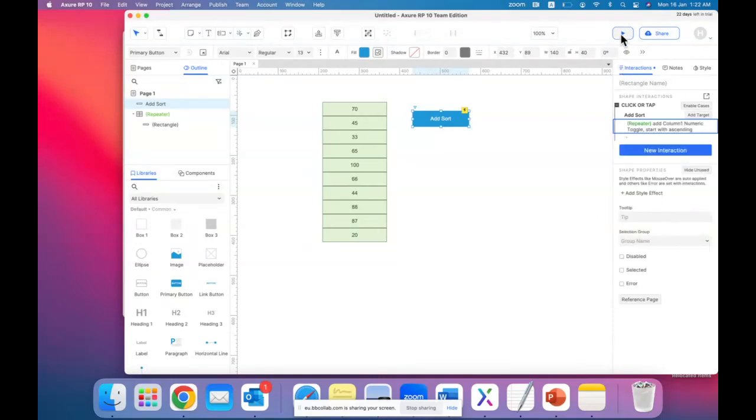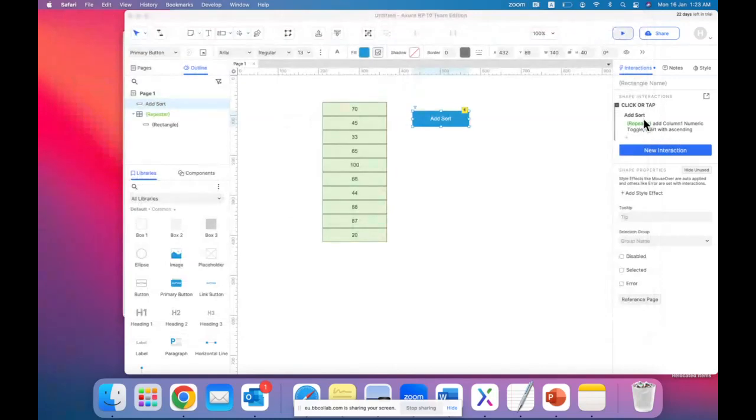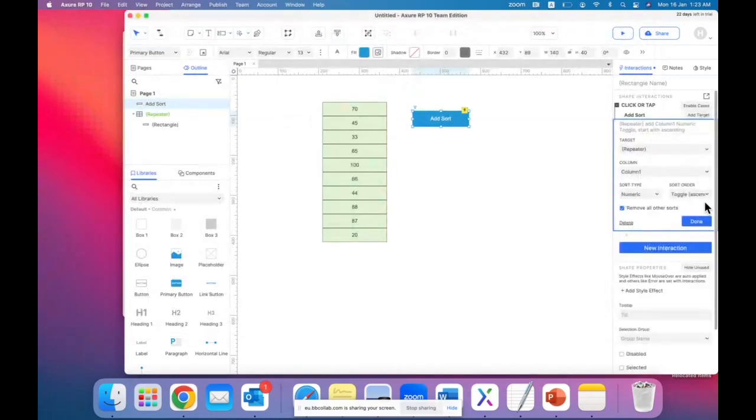The first click will arrange the numbers, the second click of the same button will make the toggle function, which means it will remove the sort. So you see, add sort is adding the numbers in ascending order. When I am again clicking it, it is unsorting. So this is the job of toggle sort. So we want just to have one sort, so I'm going back and then I am arranging it only to